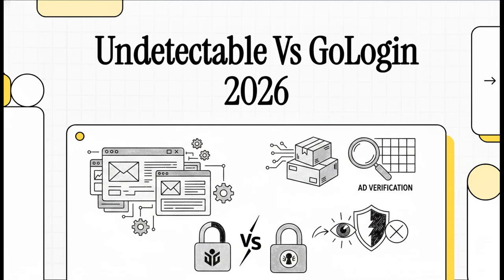Welcome to this explainer. Look, if you're operating in the high-stakes world of multi-accounting right now in 2026, whether you're juggling a bunch of affiliate marketing campaigns, scaling e-commerce stores, or managing massive ad verification operations, you know the landscape has literally never been more ruthless. Detection algorithms are sharper, account bans are swifter, and the tools you choose can absolutely make or break your entire